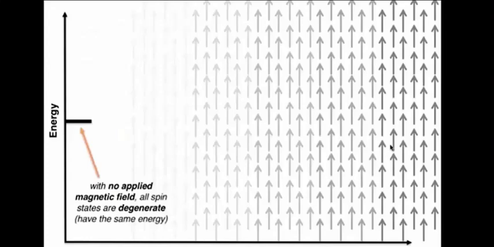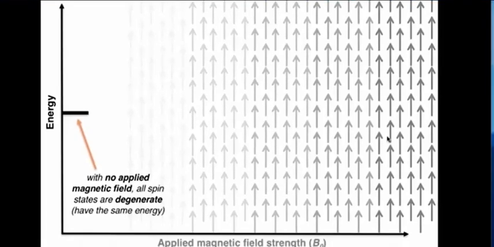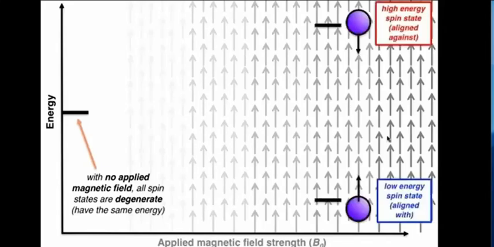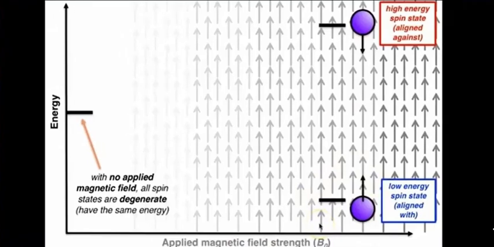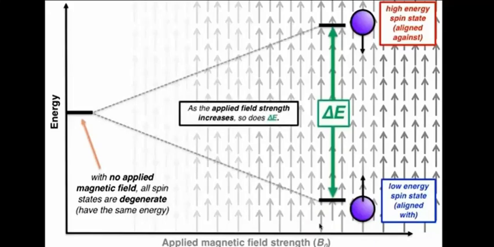When nuclei are in the absence of an external magnetic field, in the absence of a magnet, they are in the degenerate state. When we apply the external magnetic field strength B0, the high energy spin state is aligned against it, that is the beta level, and the low energy spin state is aligned with the external magnetic field B0. These orientations are possible, and the gap between these two states is known as delta E,